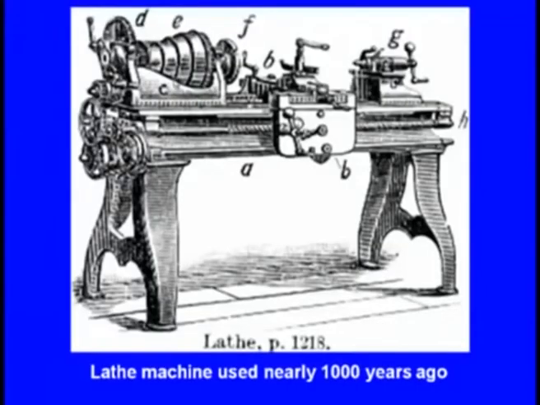Now let us see the applications of metal casting in the machine tools and the structures. This was the lathe machine used by ancient man nearly 1000 years ago. You can see a heavy metallic structure, and you can see these are the legs of the lathe machine, and this is the bed of the lathe machine. So this is the tailstock of the lathe machine. All these parts are manufactured by metal casting.